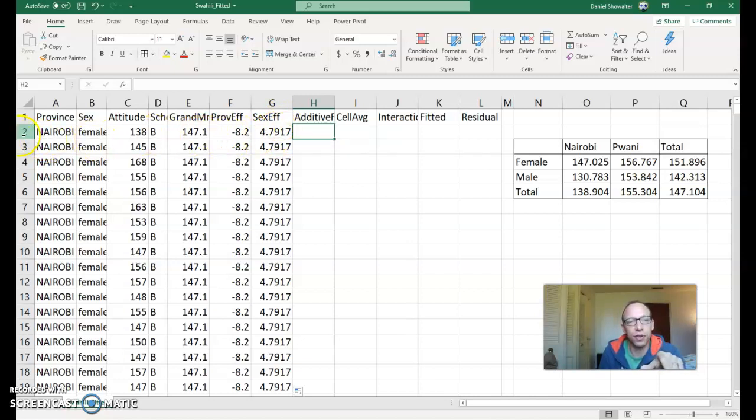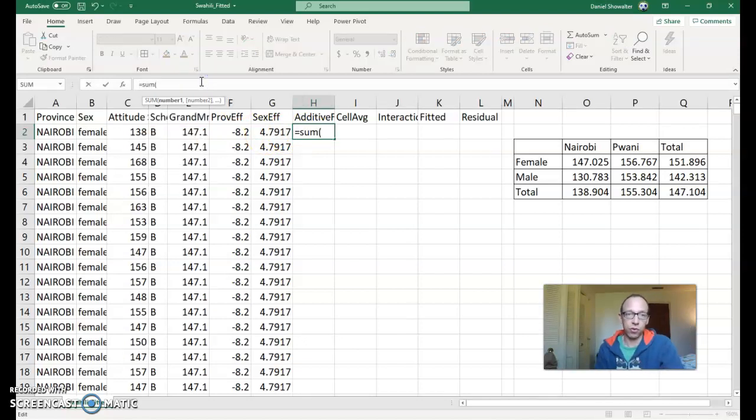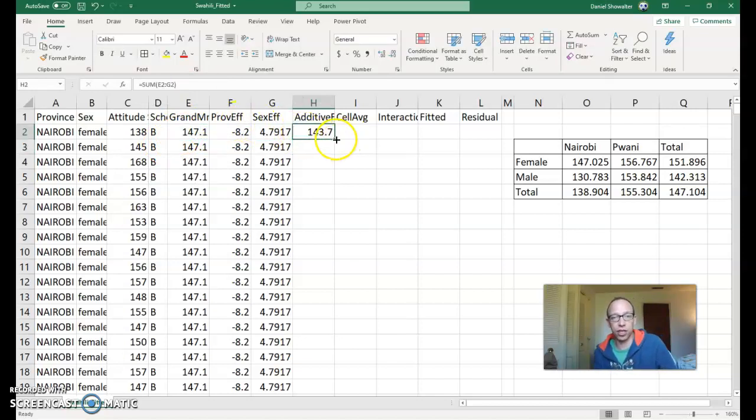So this first female, for example, would have the grand mean of 147, but a little bit lower because she lives in Nairobi. She would have that province effect, and a little higher because she is a female, and the females tended to have a higher attitude. So when we say additive, it's pretty nicely matching the formula, which is just adding those 3 values,